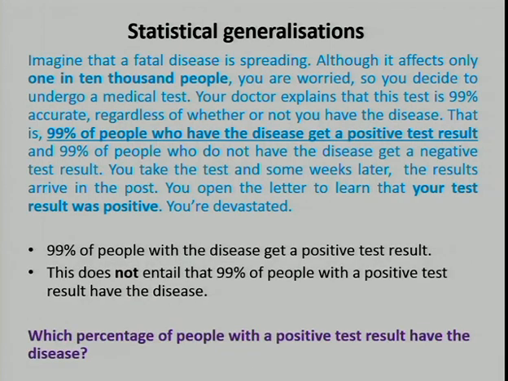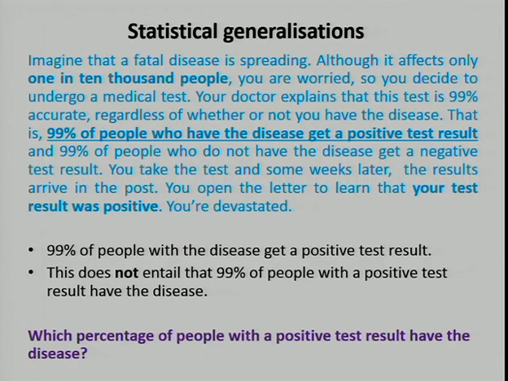So how do you figure this out? So what we are told here in bold in the text. So the disease affects 1 in 10,000 people. That's what we're told. That's our base rate. And I'll come back to this in a second. We also know something about how the test behaves, right? If you have the disease, 99% of people who have it get a positive result, and 99% who don't have it get a negative result. That's what we do know.